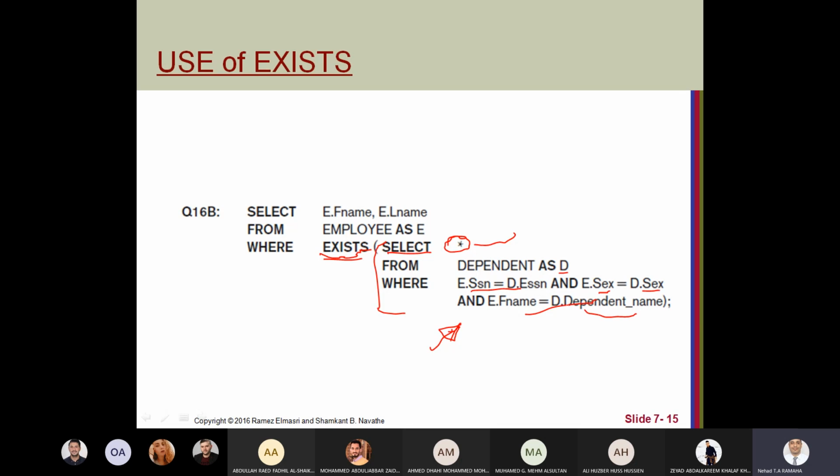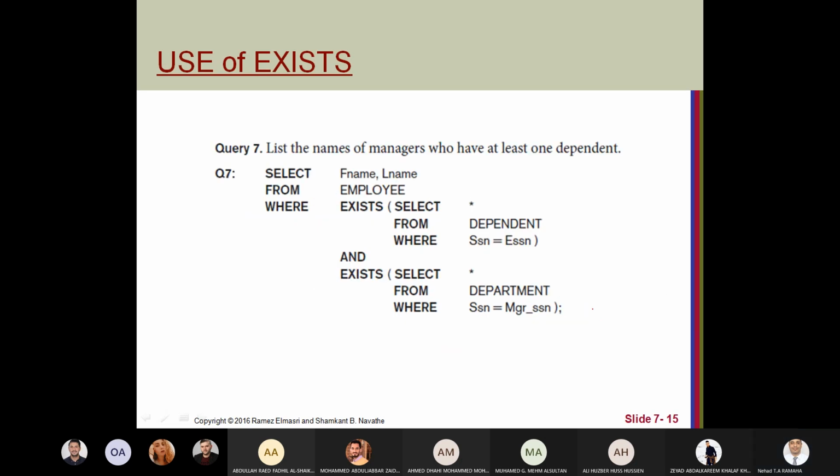So this will return the employee that meets this condition. So we will get the first name, last name for this employee if this condition is correct. This means if exists a value where this employee has a dependent with the same sex and same name.